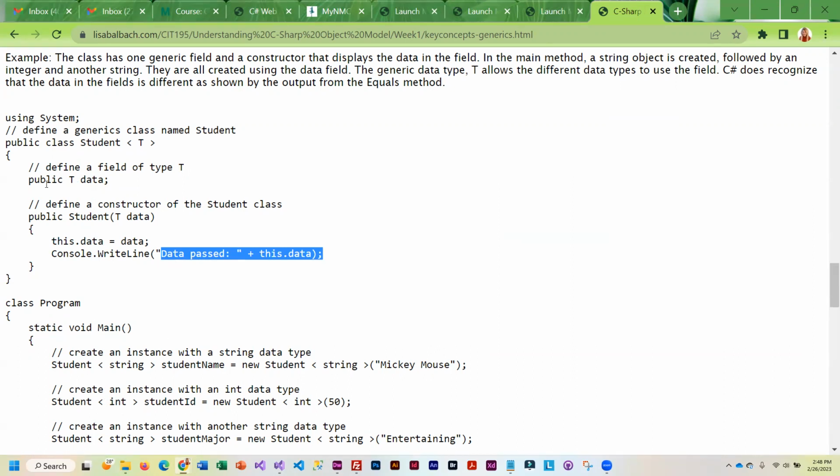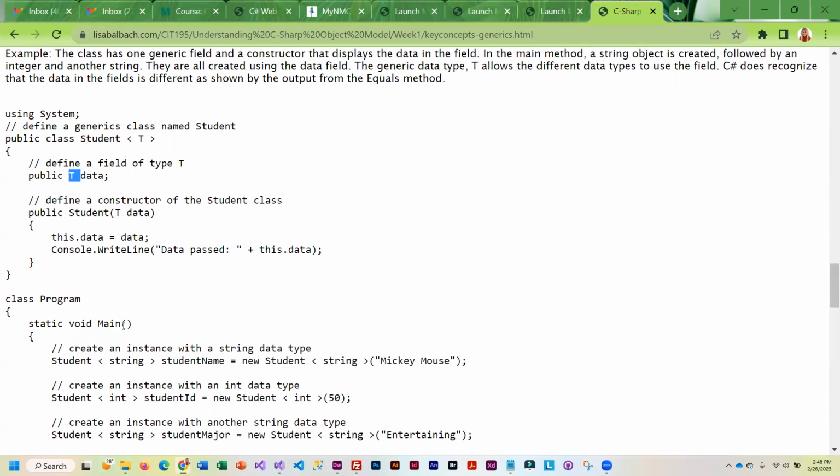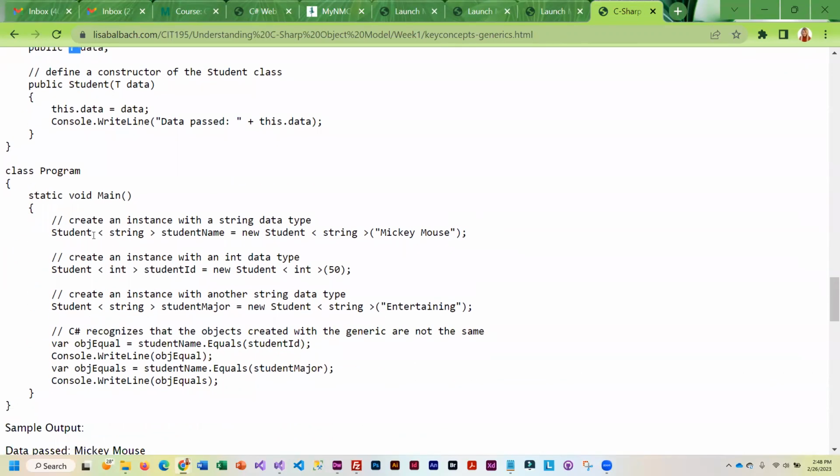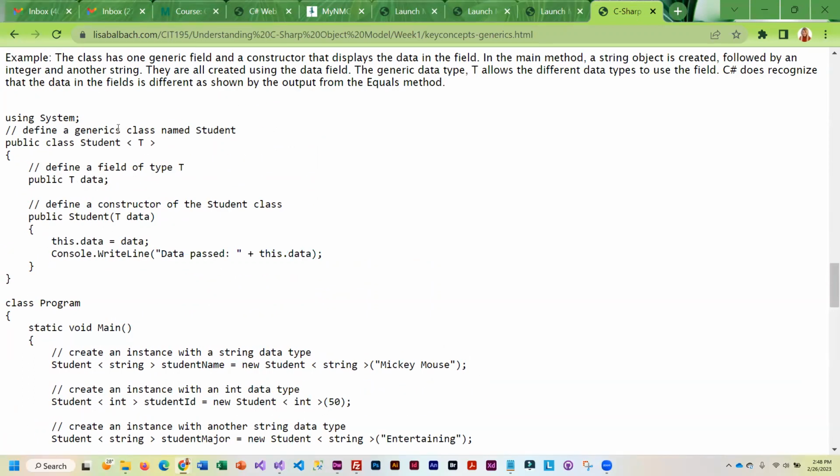We're going to send it different data types, and it's going to handle it because this is generic. So in the main program, you can see I use Student as my class, but because I have the generic, I have to tell it what type. Then I give my object a name. And so I've got new Student, and again, I have to tell it the type, and then I send it